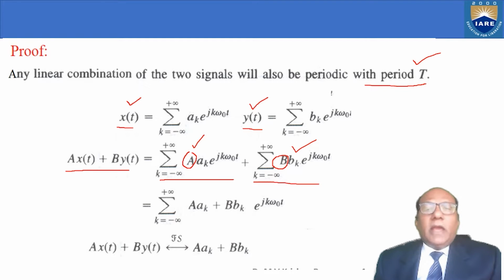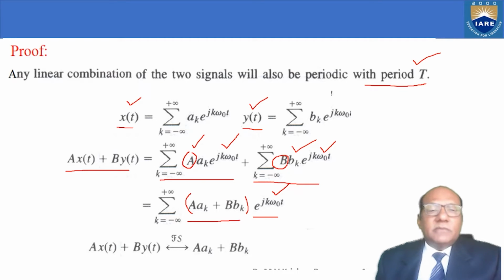Now I have a common term here, e to the power of j k omega naught t, these two are common, so I will take the common term and combine these two, capital A small a_k plus capital B small b_k, and outside I will write the common term. So basically these are nothing but harmonically related basis functions. Basically these are the basis functions, and this is the amplitude of the basis function which you are adding in